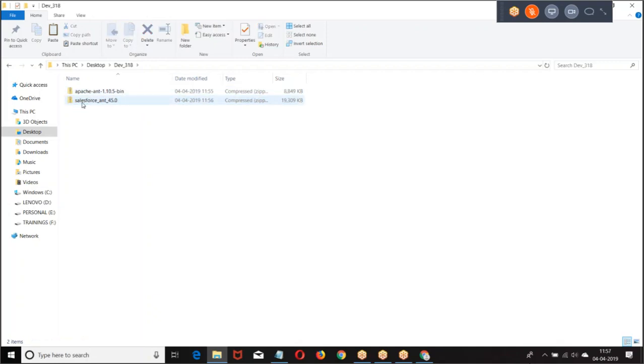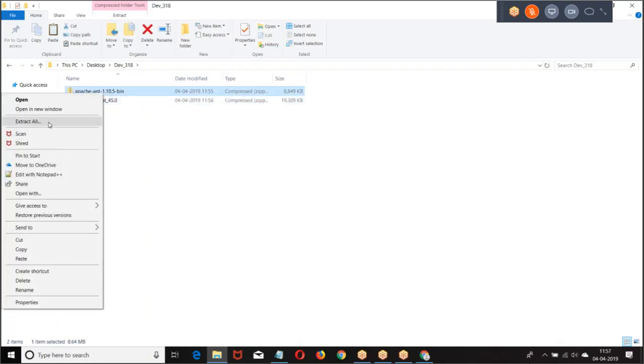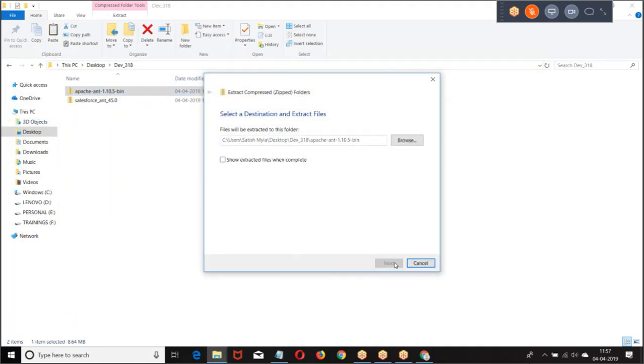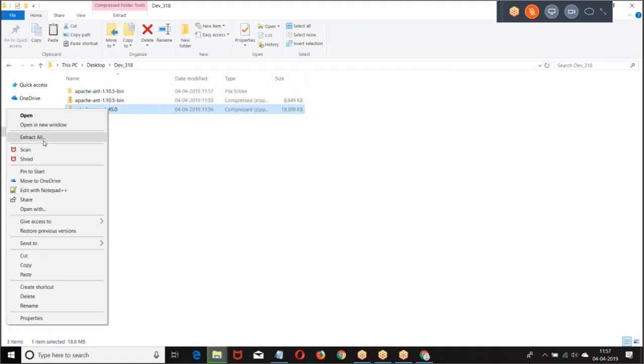Then here we have Apache ANT. Extract both the files. What are the zip files we received? Extract them.